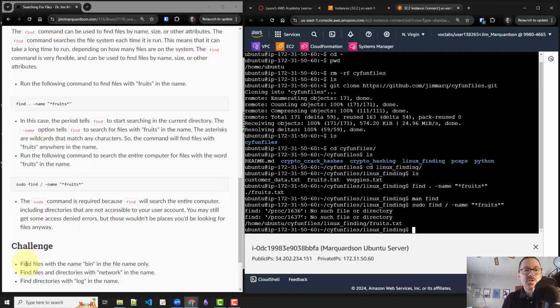How would we, so let's modify this. So that's basic usage, but it works pretty well. How would we find files with the name bin in the file name? Well, we could do